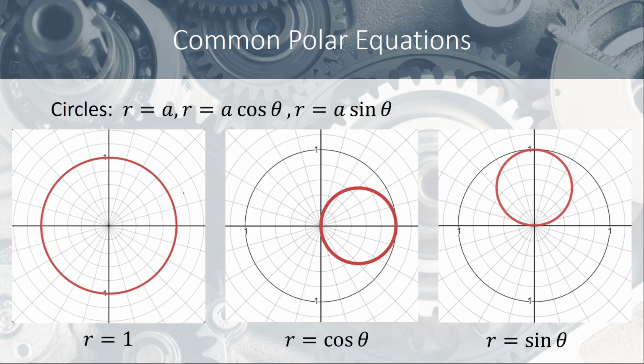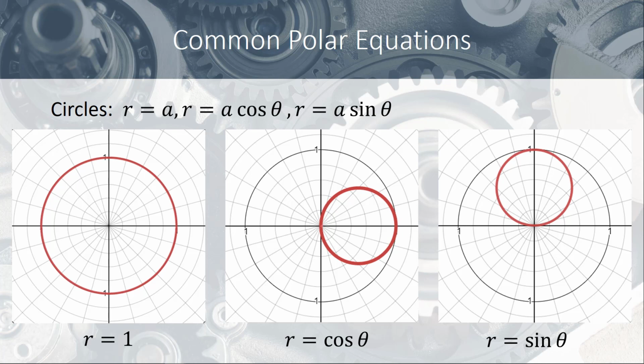So the next couple of slides, for the next few minutes, we're going to talk about common polar equations. And the first common polar equations are basically circles. For the case when r is equal to a, we will actually have a circle of radius a that is centered at the origin. For the case of r is equal to a cosine theta, you will have a circle where one end is at the origin, the other end is at x is equal to a, and of course